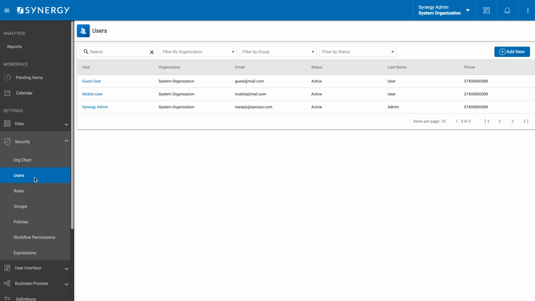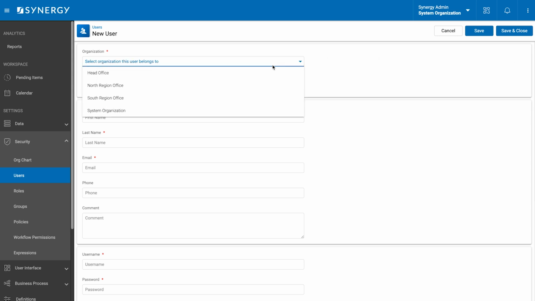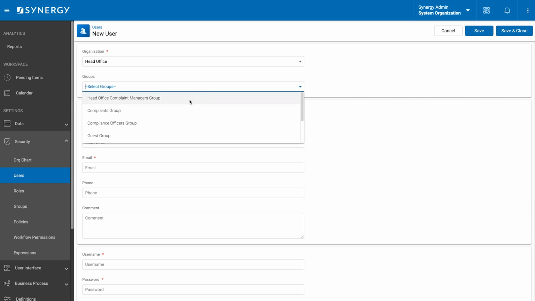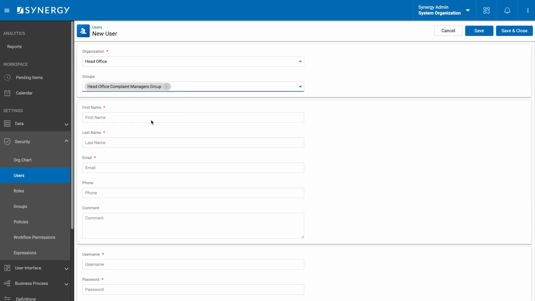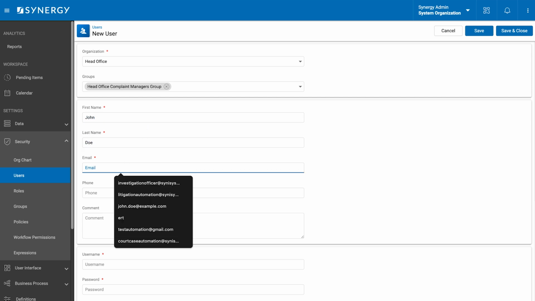We will start with John Doe, who is joining the Head Office Complaint Managers group. So, we will click the Add User button to open the new user data entry form. In this form, we will choose Head Office as the organization. Then for the group, we will select Head Office Complaint Managers Group. Now let's fill in John's details. John for the first name, Doe for the last name,